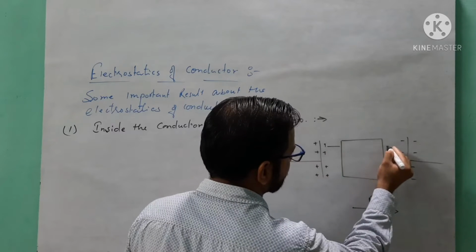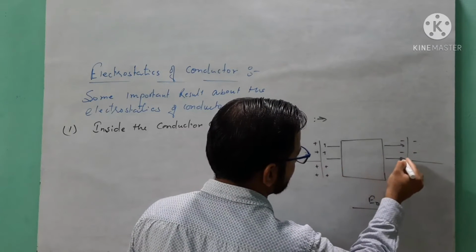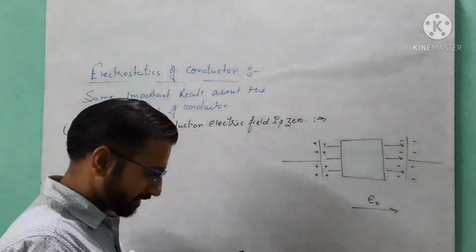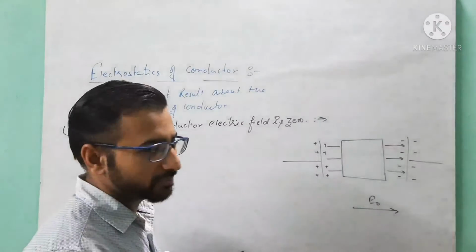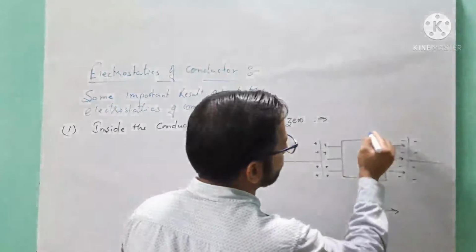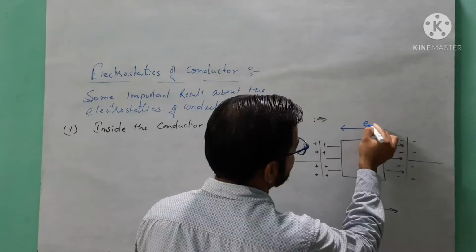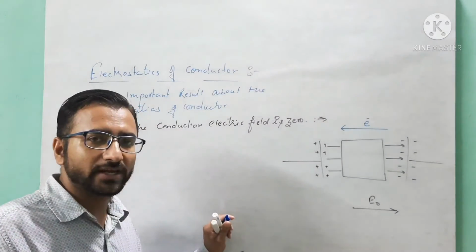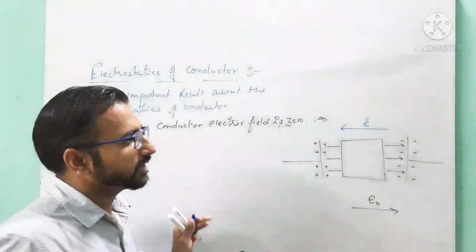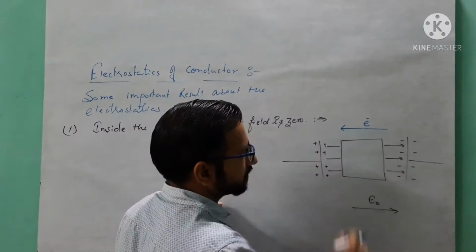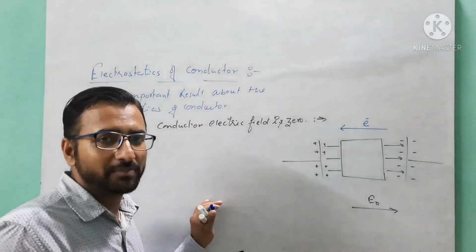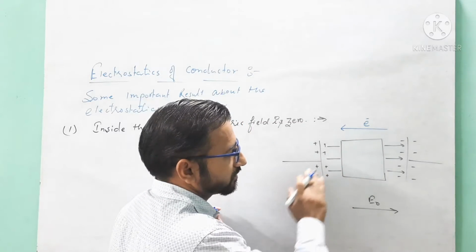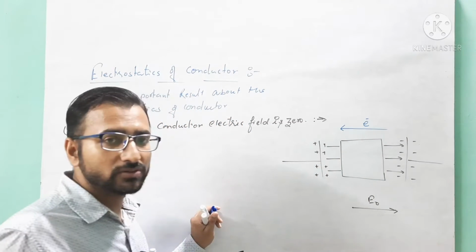We know that the direction of electric field outside initially we can represent like this. When the external electric field is set up, the electrons will move from negative charge to positive charge, opposite to the direction of electric field. And when I place a conductor inside the electric field, due to induction the opposite charges will also be induced in the conductor.